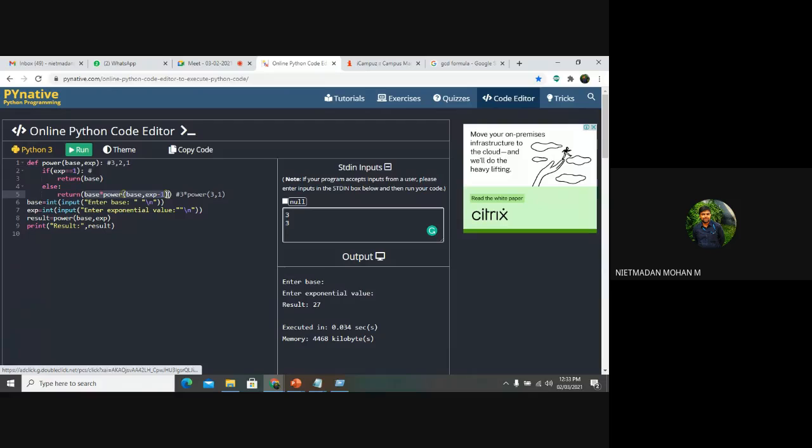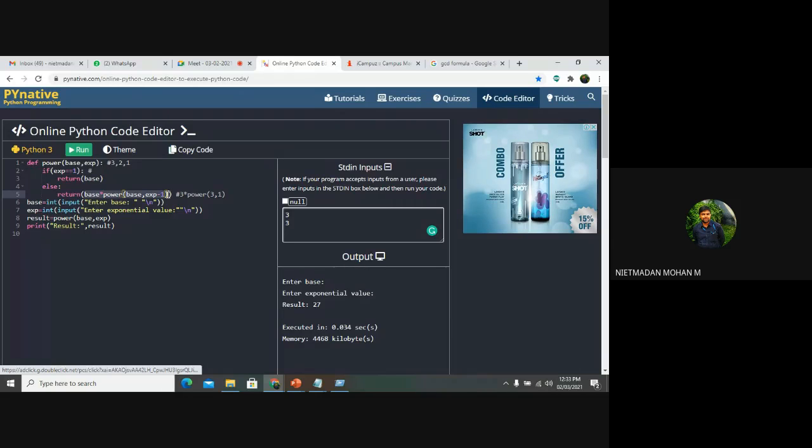The formula will not affect you in the code. If you are not aware of those formulas, you can use whatever formula you require. The only thing they will check is whether you are using a recursive function, using the function definition, returning the value and printing the result. These are the conditions they will check minutely.